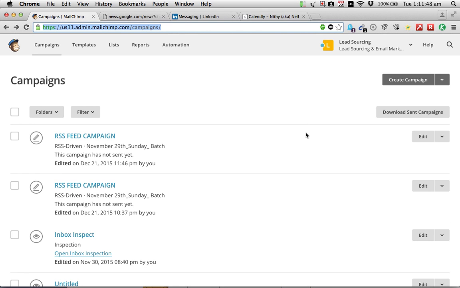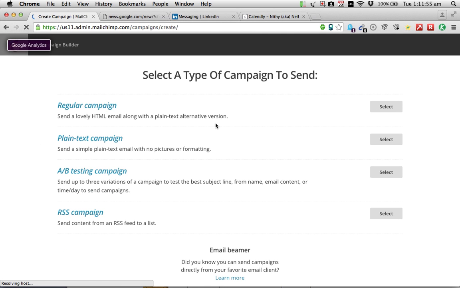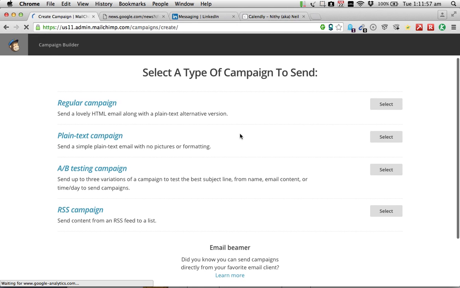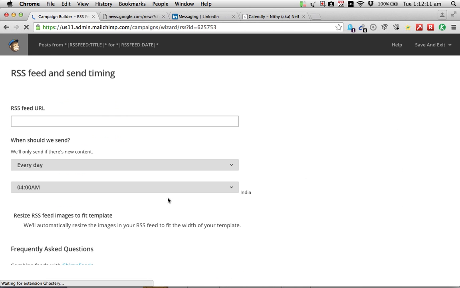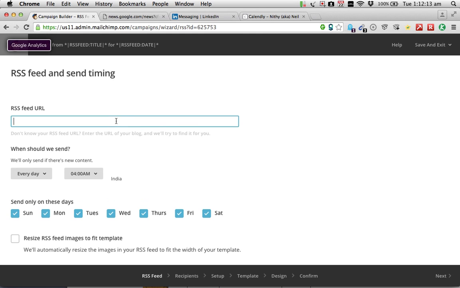Log into your panel and then come back to creating a campaign. Create a campaign and try and answer some of the questions that MailChimp is going to by default ask you. One such option would be to pick up, amongst all the list of campaigning options you have, the last one, which is the RSS campaign. And after you move further, it would ask you to give in the feed URL where the topic is going to be retrieved from. So I'm going to paste the link that we just copied from here out of Google,